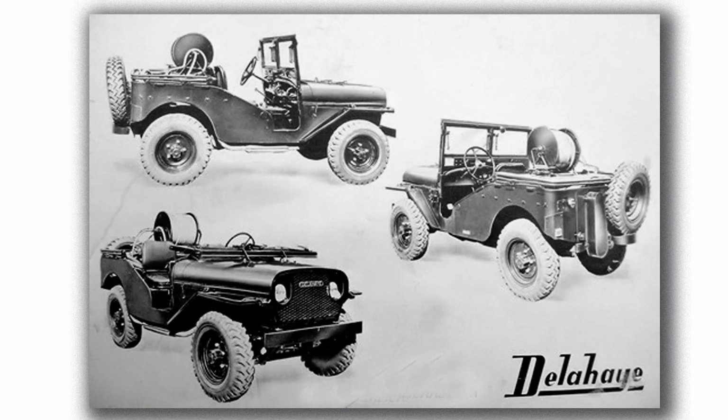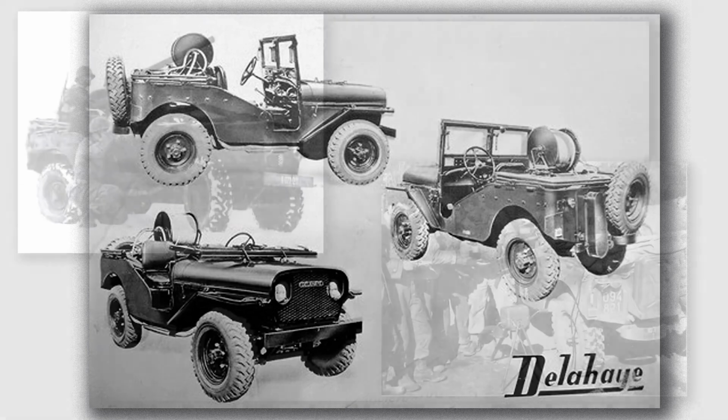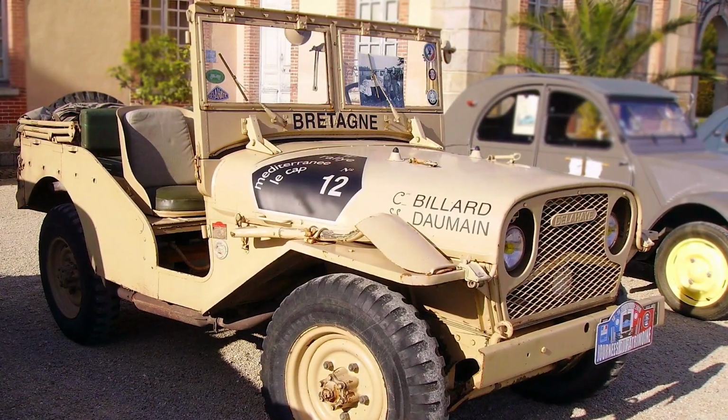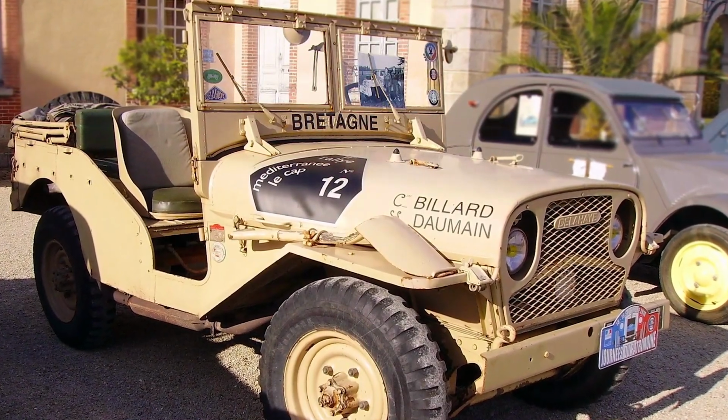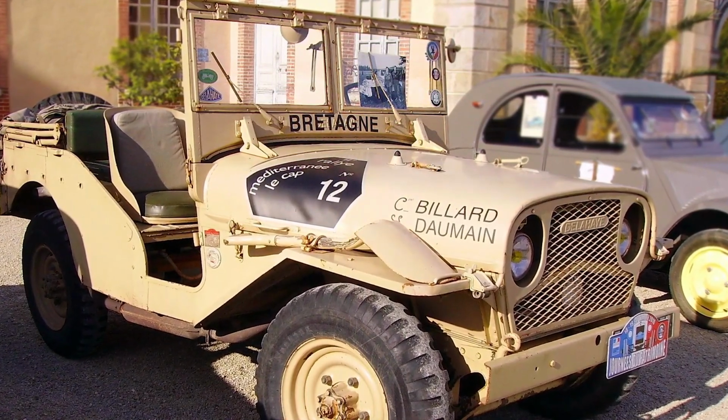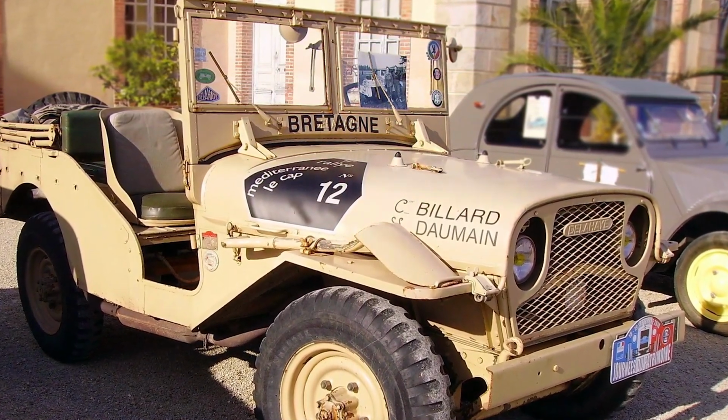Most Delahaye Jeeps served in standard form, like the Hotchkiss M201, but like the Hotchkiss, some were armored, converted for radio, or even used as weapons carriers. When compared to the plentiful supply of cheap or surplus Jeeps, the civilian version proved too expensive to be popular. Hotchkiss would face the same issue later when it came to finding a market for the civilian version of the